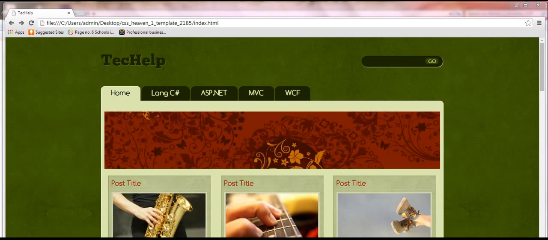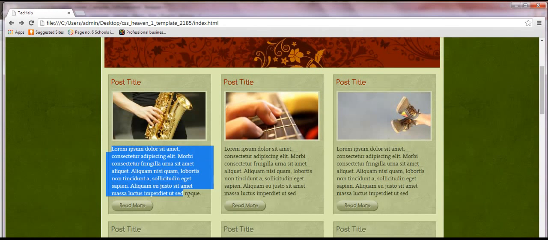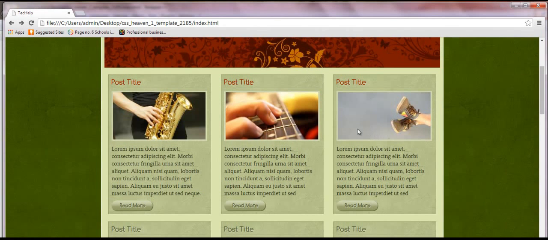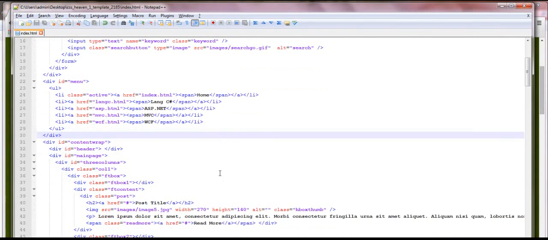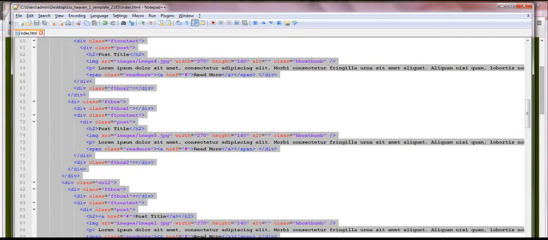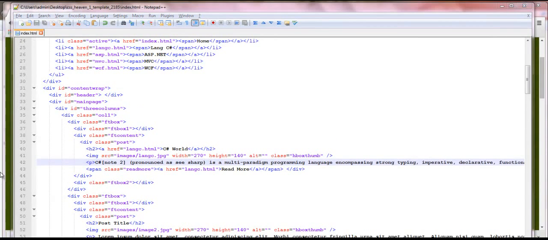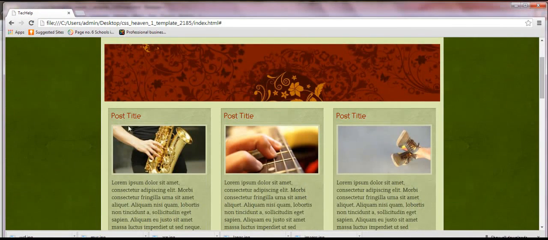After this, moving forward, we would like to change the post title. I would like to change these images and the text corresponding to this. I would like to change this entire thing. Open index.html and check the corresponding code for those items. This is the corresponding code regarding those boxes and images.